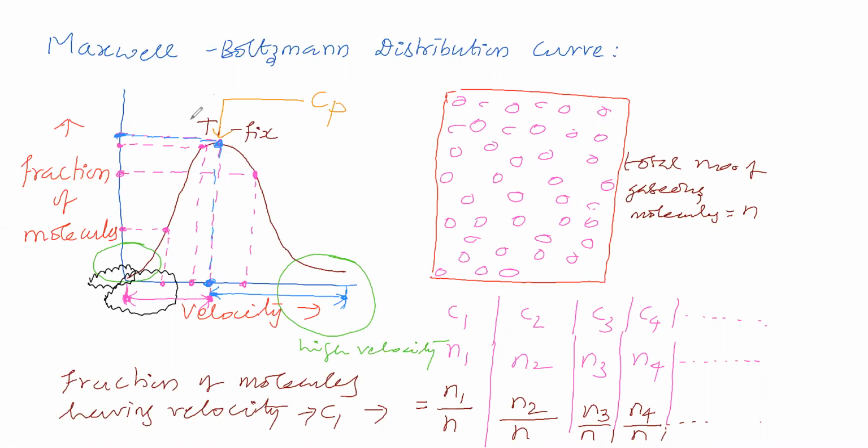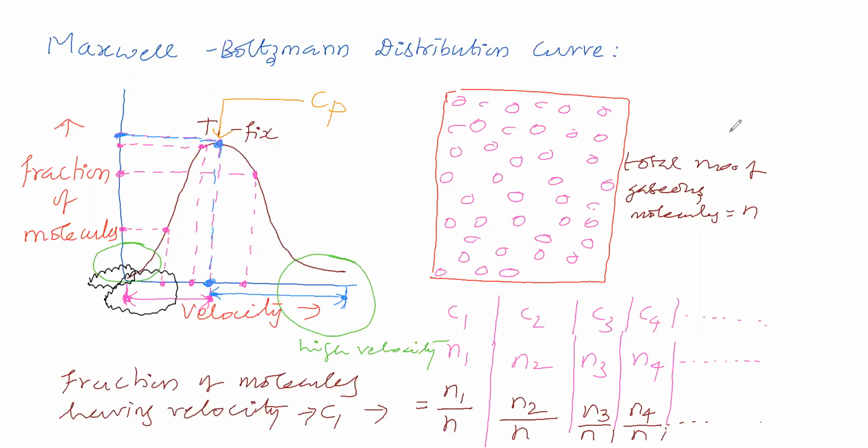Now when the temperature is T2, that means higher than T1, how will the graph look? The graph will be over this one, either moving towards the higher velocity side or shifting towards the lower velocity side. Otherwise the fraction of molecules having the most probable velocity is increasing. In what way is it possible? One student says T2 graph will be above T1, and another says it moves towards the higher velocity side.